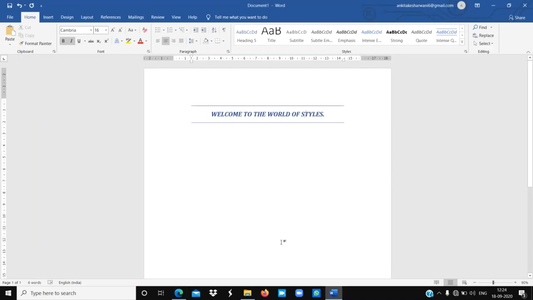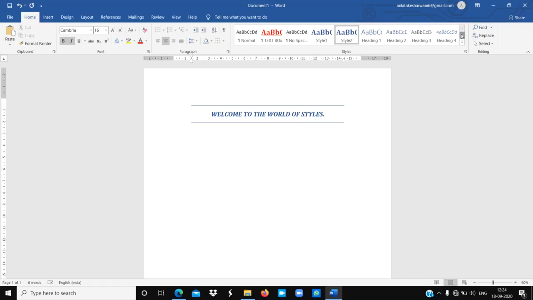You can see this is the home tab, and inside this home tab you will find this style group. This is the group of styles. Okay, and this is the gallery of styles in which you will find different types of predefined styles. And this is the drop down arrow, and this is the up down arrow.